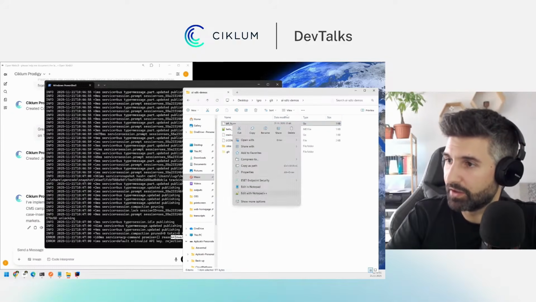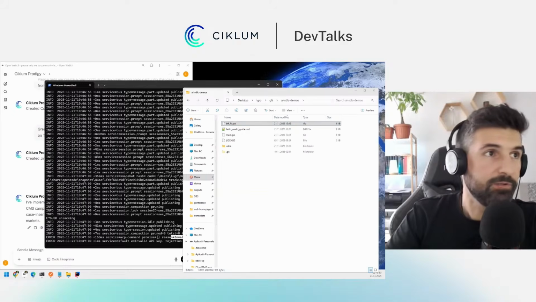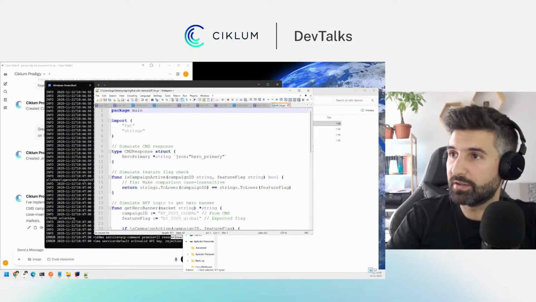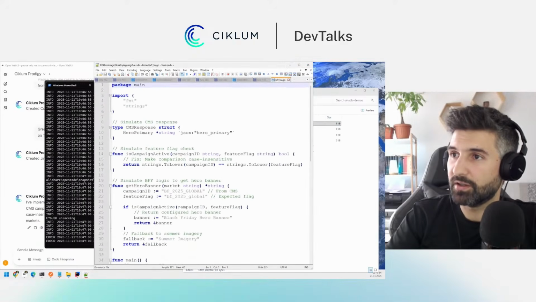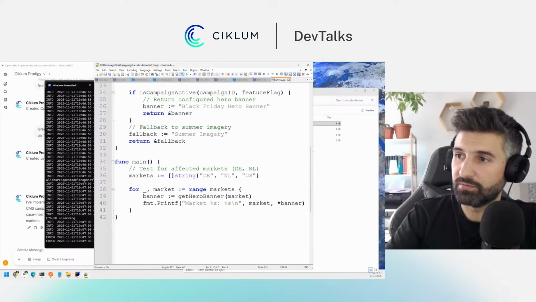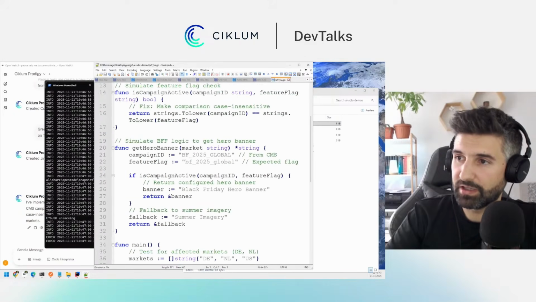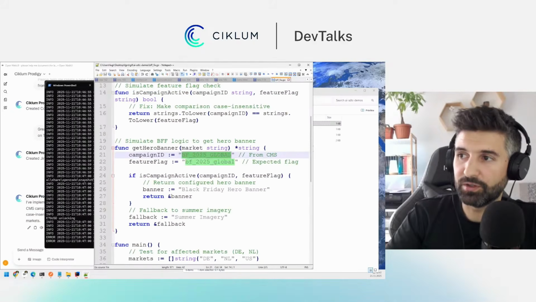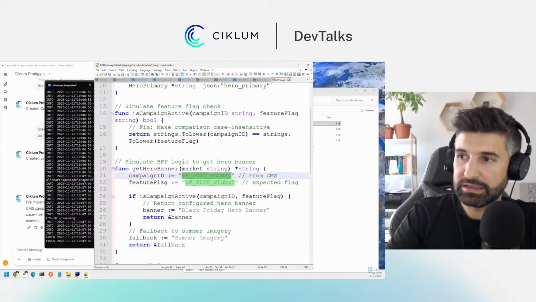We got the answer. It's still writing some code, but it's implemented for us. It wrote this package in Go, right? Which is related to our campaign. It's checking the BF 2025 global banner